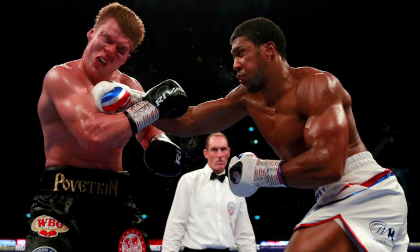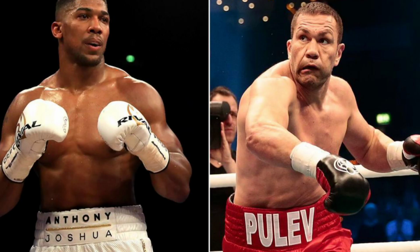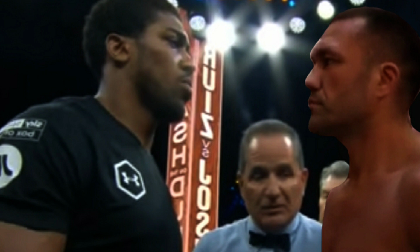But Kubrat Pulev is a fighter who kind of bounces on the spot. He paws with the jab. He does often throw a jab as well. He throws a straight right hand as well. But ultimately, Pulev, as I said, does have a kind of amateurish style, and that can be quite difficult to face in the ring. I mean, obviously, the Vladimir Klitschko performance does stand out, where he got taken apart, but